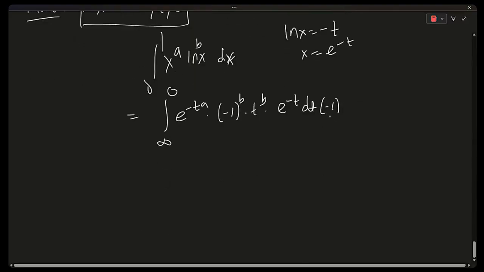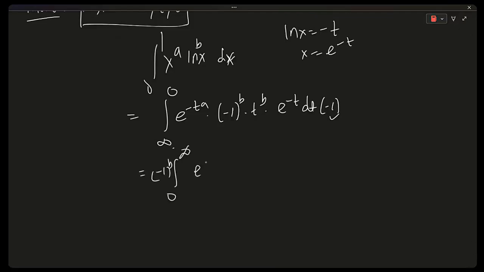This -1 goes into the integral to make it 0 to infinity. -1 whole to the power b is outside. You simply have e to the power minus at minus t into t to the power b dt. This should remind you of the gamma function, which is 0 to infinity e to the power minus t, take common, a plus 1 will come, and this is t to the power b